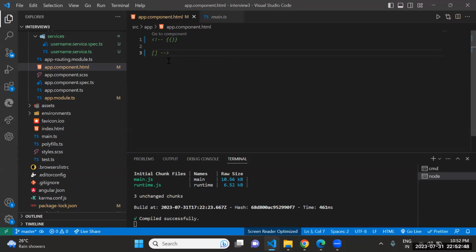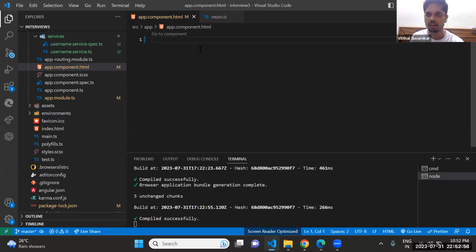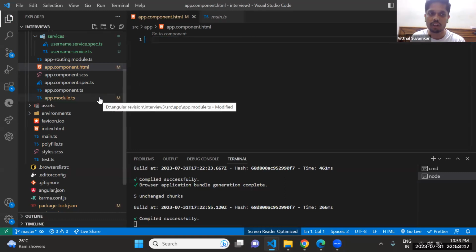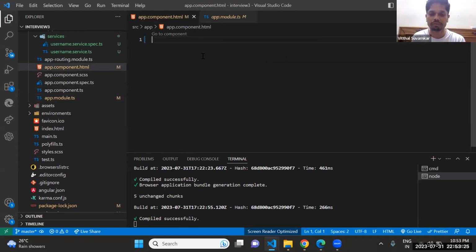Can you explain data binding? Yes, sir. With the help of code, sir. Just tell me. In two-way data binding, we can share the data from the TS file to the HTML file and from HTML to the TS file with the help of ngModel. For ngModel, we import the forms module in app.module, and then we can use ngModel.